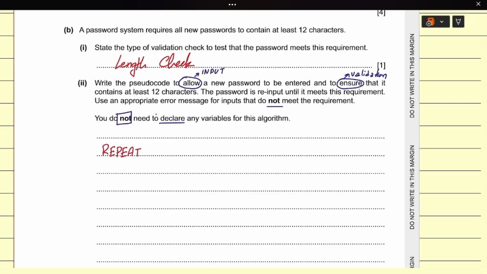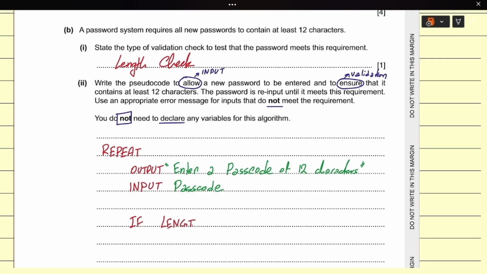So let's start with repeat until because that was indicated in the program, and also for validation check, repeat until loop is the most preferable loop structure because it stops as soon as the condition is true. So when we obtain what we are seeking for, we do not need to further repeat the loop. So let's use repeat until.